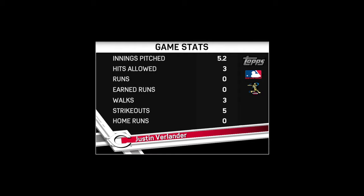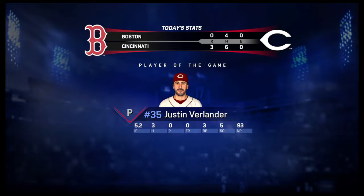And fellas, the outing turned in by the man you see there certainly can't go unrecognized. Justin Verlander. Take a snapshot of that. He's our top player of the game. Yeah, I thought he pitched really well. He wasn't necessarily dominant, but turned in a good, solid